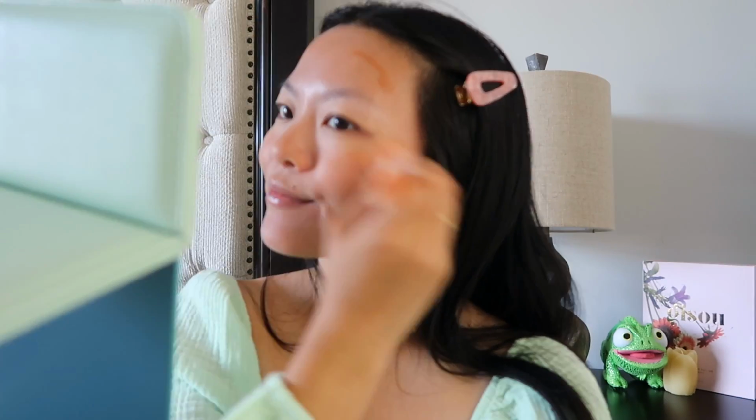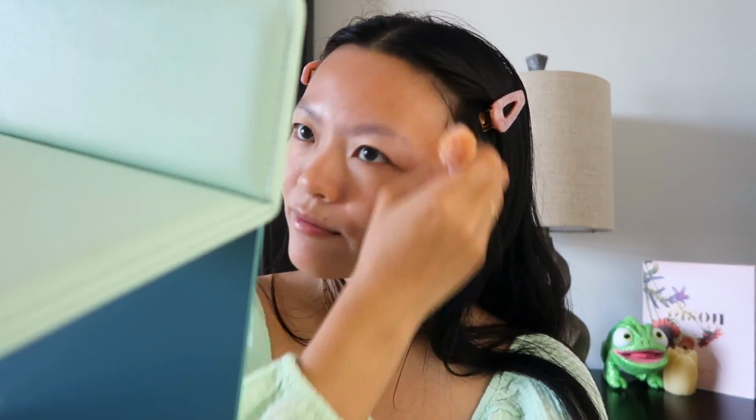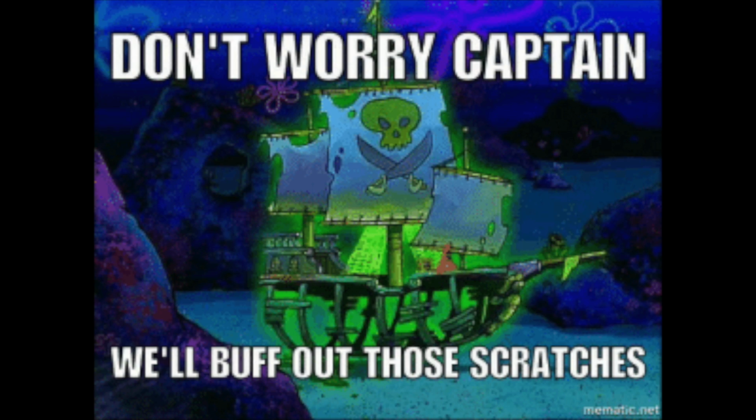And because it is a multi-stick, you can use it on your eyes, and I've done it before, but for the sake of this video, I'm not, because I'm going to be reviewing their Identity palette, so I'm going to use that on my eyes instead. But yeah, let me just blend this out. Oh, so glowy. I am obsessed. And I can just buff out the edges if anything looks a little bit too...